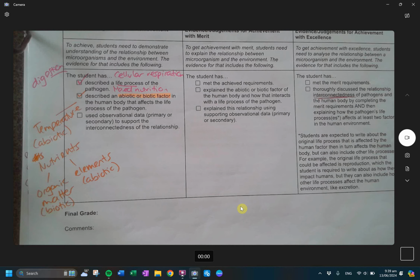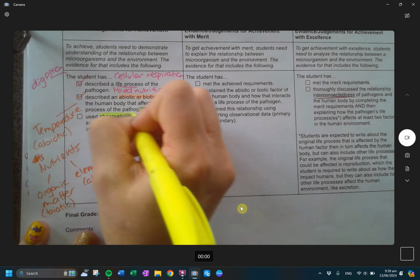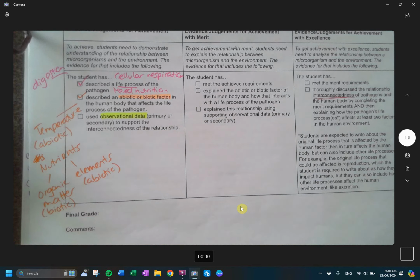Now we're moving on to the yellow color. And this one is looking at observational data. If you guys remember when you are doing for the...